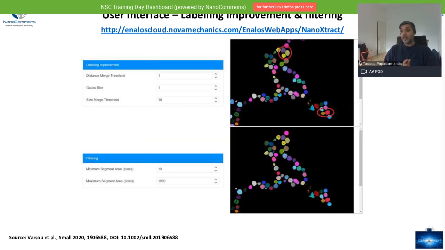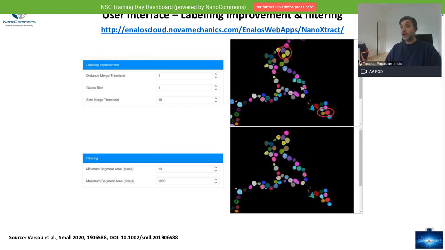Then the next part of the tool is to do the labeling and filtering. What happens here, as you can see, is that the tool will automatically start identifying the nanomaterials.